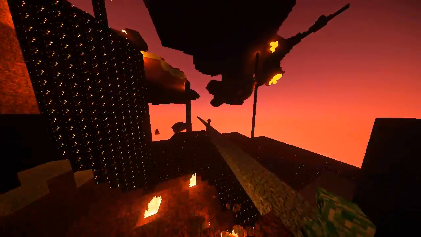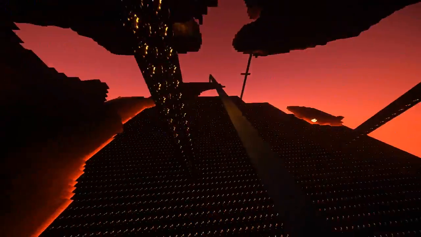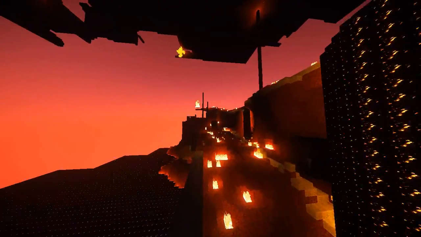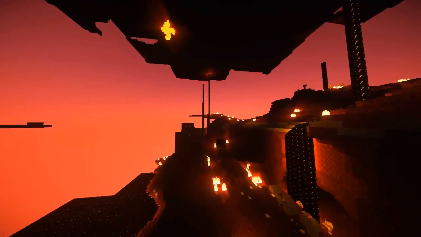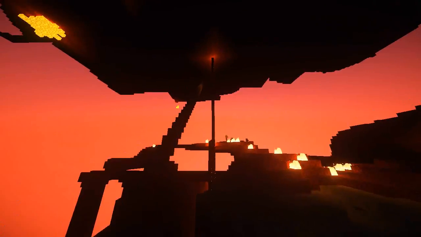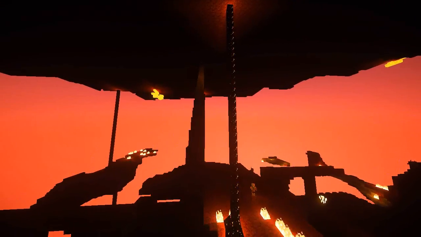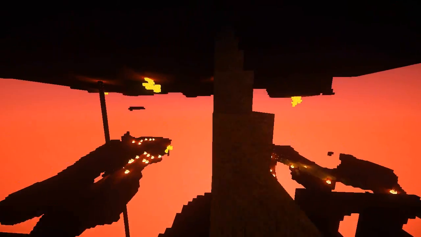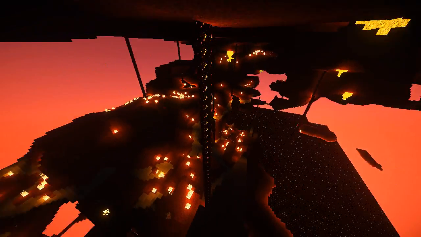Over here, this is where I was farming wither skeletons, because wither skeletons spawn less over there, I think, or at least that's how I felt. This was also a staircase, because this was generated in an old world, so I had to have a staircase that went somewhere, but I can't see anything because my shaders are so